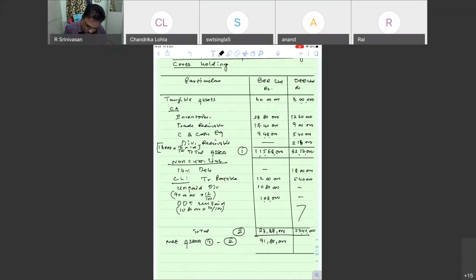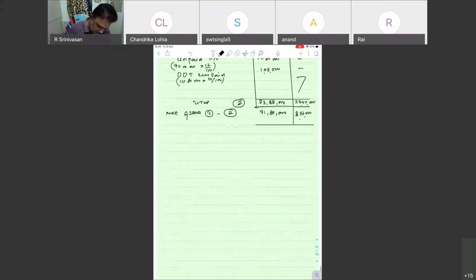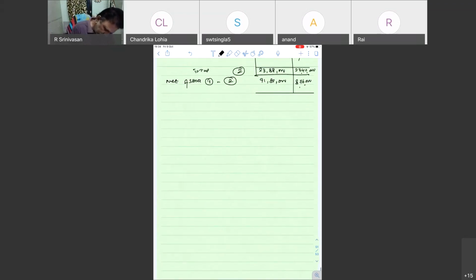So the net asset would be 32 lakh 16,000 minus 23 lakh 40,000, which is 8 lakh 76,000. Okay, we got this. So by applying the simultaneous equation method, we will be finding out the value in the books of